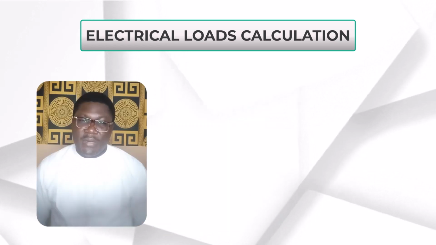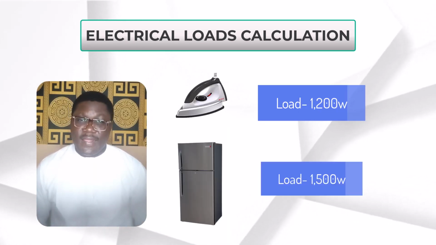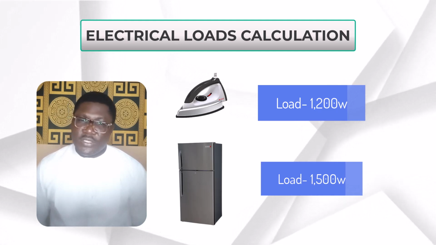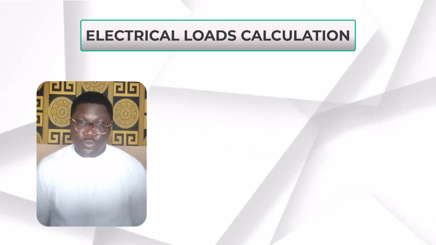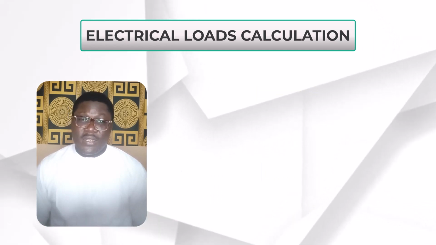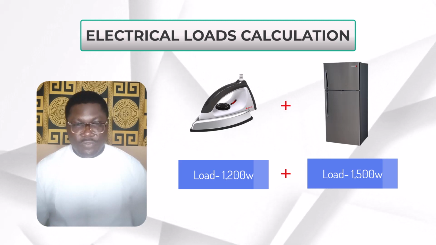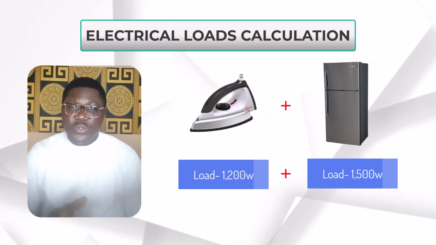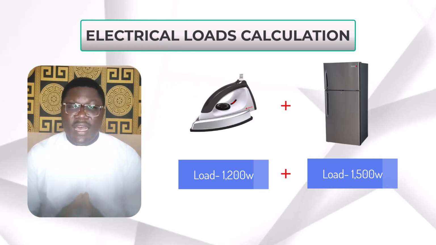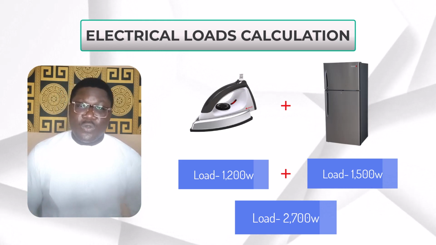Imagine your iron is 1200 watts and your fridge is 1500 watts. To know the total load in that house, you add your fridge and your iron together to get the total amount of watts. So 1500 plus 1200 will give you